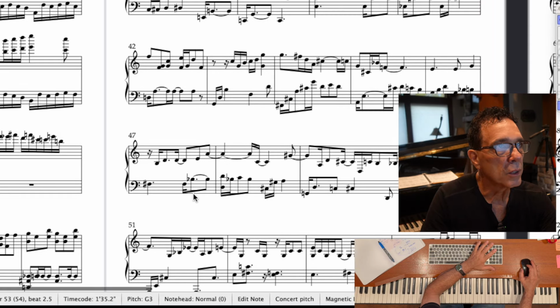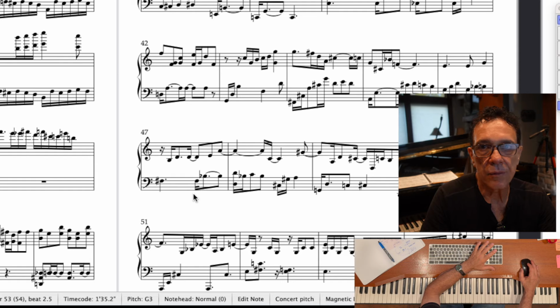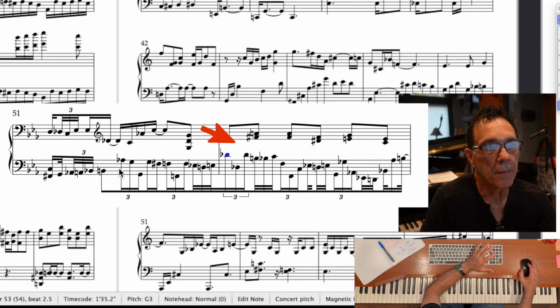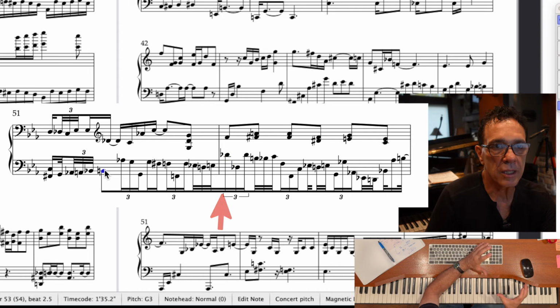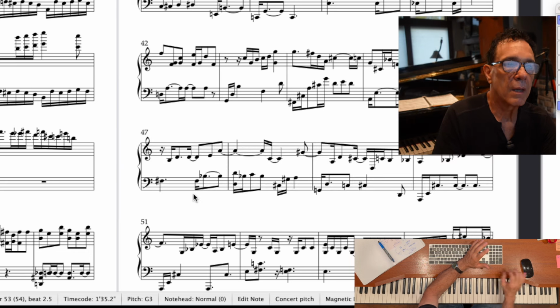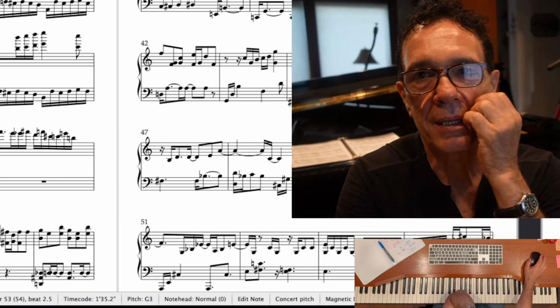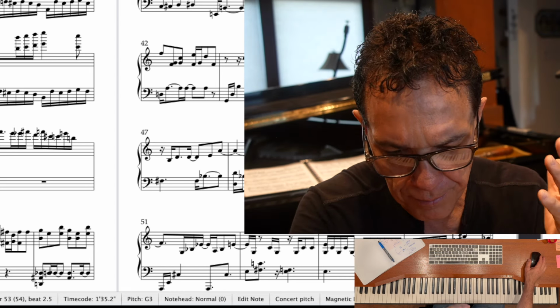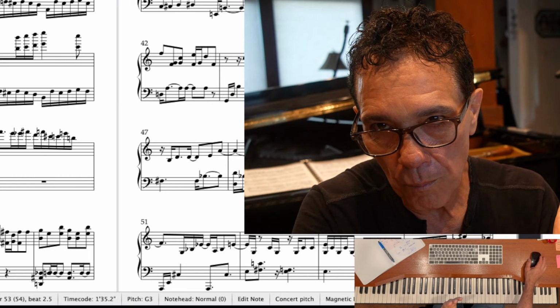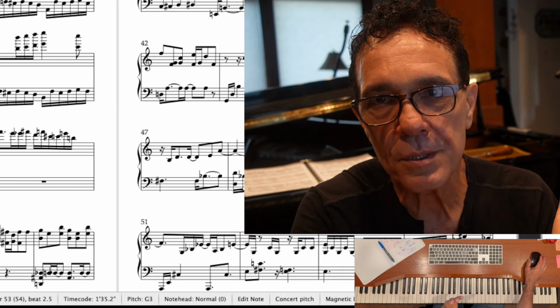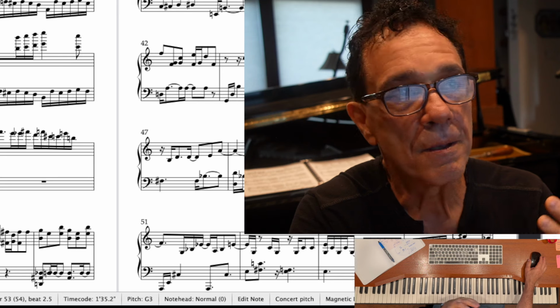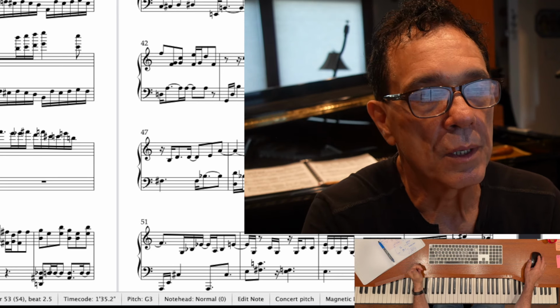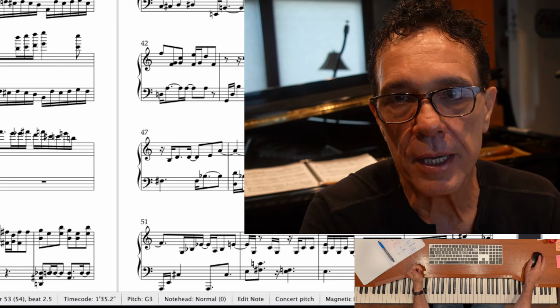But there are occasions where I'll want it, if not just for aesthetics, the way it looks, to have a beam cross a bar line. It's mostly just to keep those groups of notes attached to that idea, so that when it's played, it makes more sense. Because at some point, you commit this to memory. I don't know if you commit my pieces to memory, but I know when I learn a piece, at some point, that's what I do. Once I get the notes off the page, as I'll say,